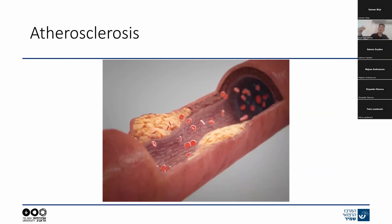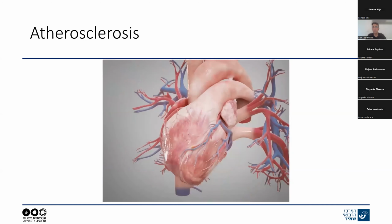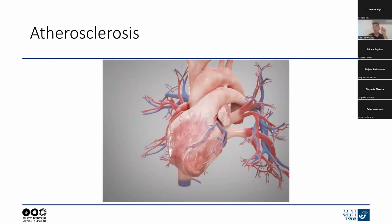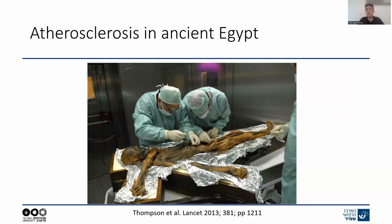So again, that does not happen like it happens in the tubes in our house, where we have a lot of junk accumulating, but actually at the vessel wall itself. That could be in the heart, in the vessels that provide blood through the neck to our brains, or also our legs. So that process of atherosclerosis is the leading process for heart disease, for heart attacks, for strokes, etc. Okay, so this process is not, as some people think, a Western world thing, something that started since we started smoking and